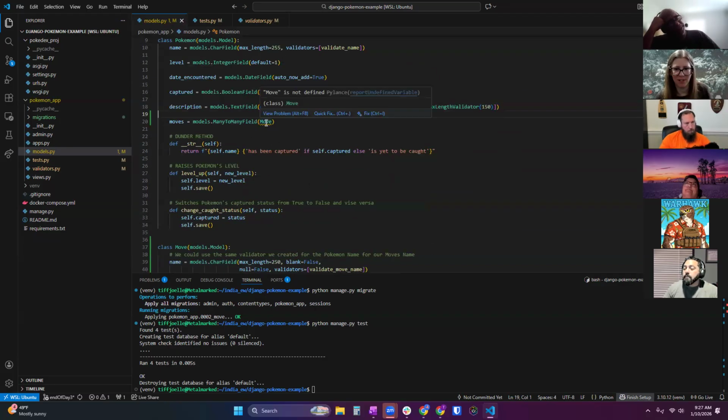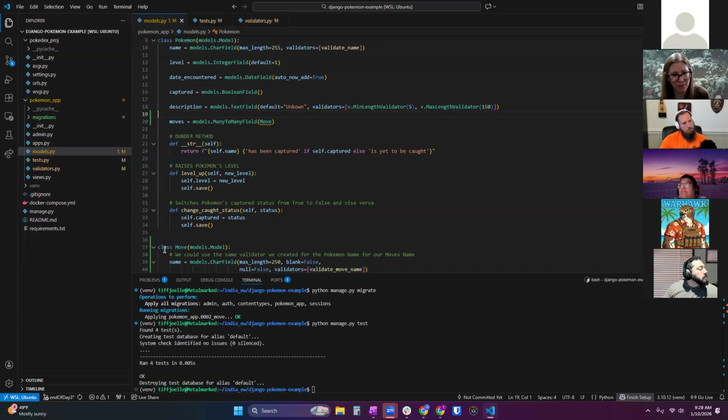But now we have this little squiggly. And this is kind of where our table creation is coming into play within our file here, and what sometimes messes up when you have a separate application. So this is saying move is not defined. And that's because move is defined underneath Pokemon.